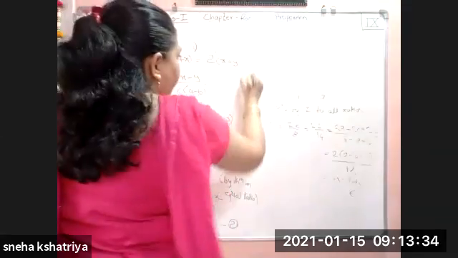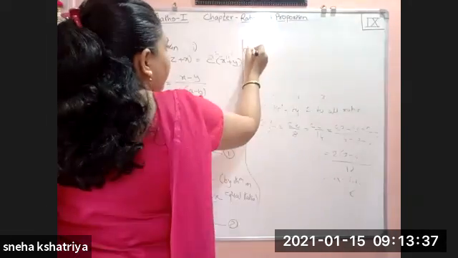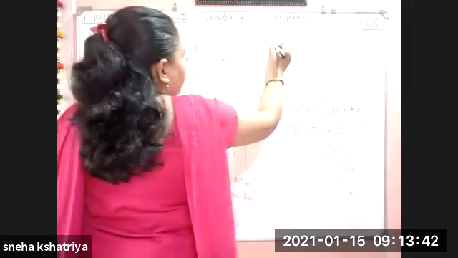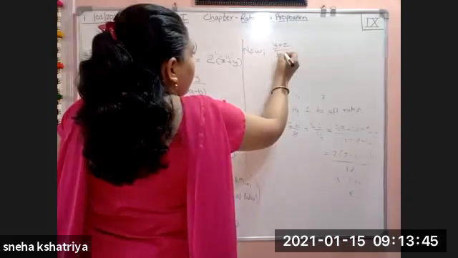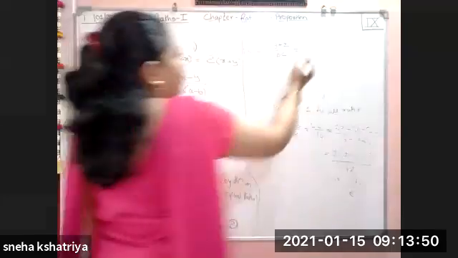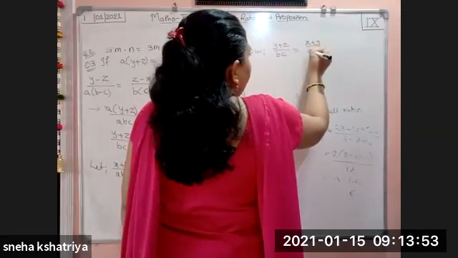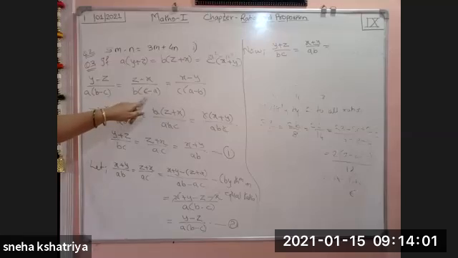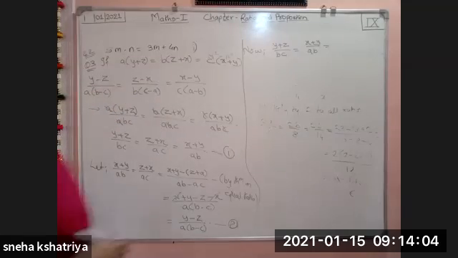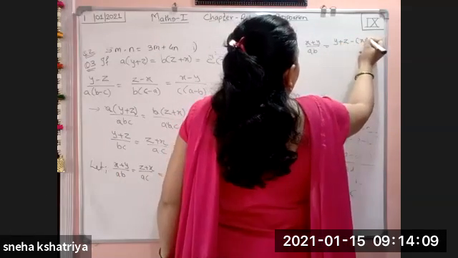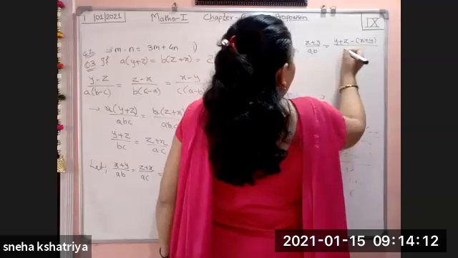Now, what is the first ratio? Y plus Z divided by BC. Y plus Z divided by BC, which is equal to, what is our third ratio? That is X plus Y divided by AB. X plus Y divided by AB, which is equal to, what we have to do is the subtraction, because here minus sign is there. Okay, so we have to subtract BC minus AB. So we have to do subtraction. So what we will get? Y plus Z minus X plus Y divided by